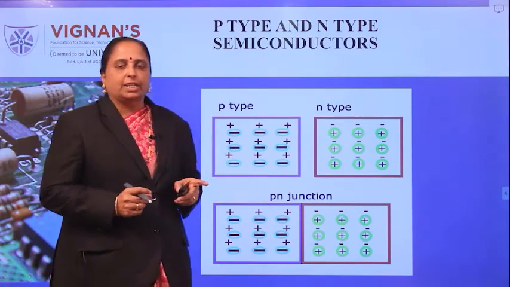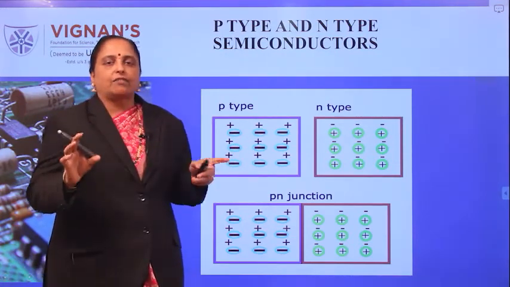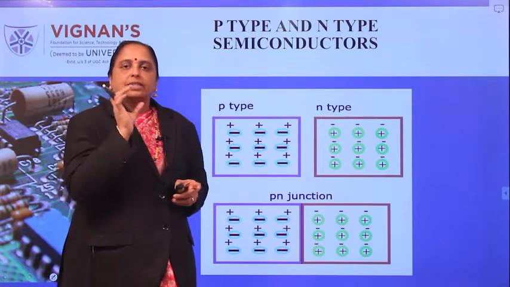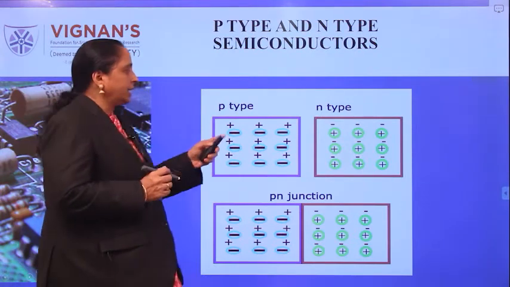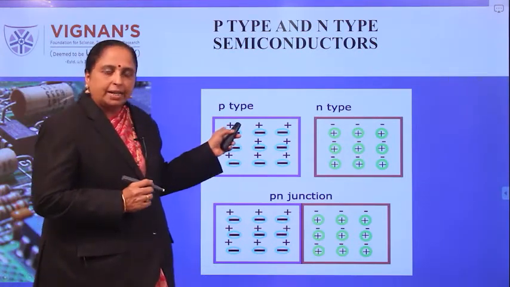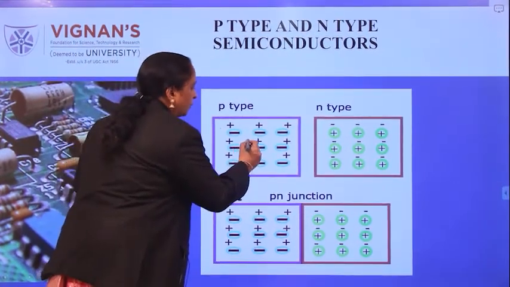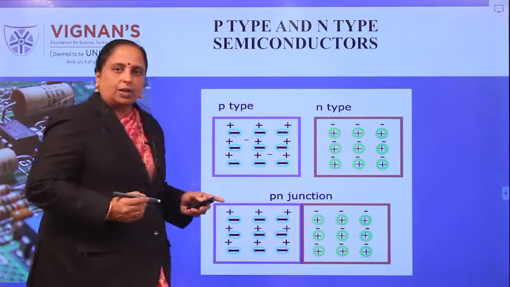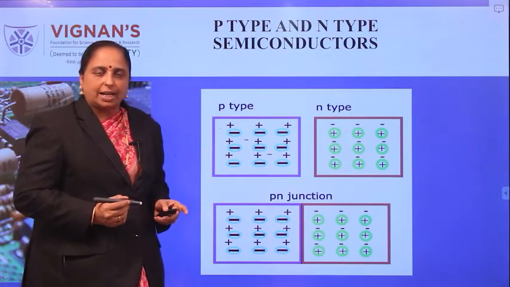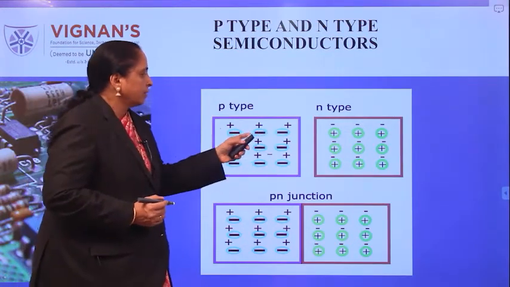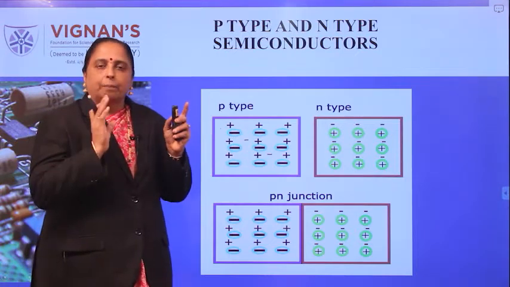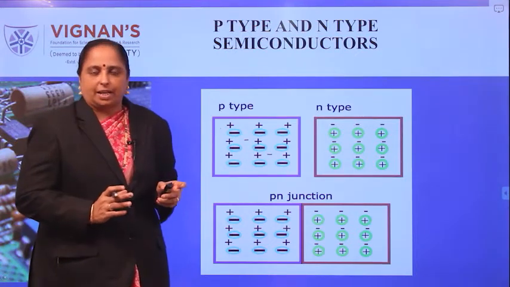So in the last class we discussed the details of the important charge carriers within the P material. See here P, this plus sign indicates the holes, positive charge carriers, and very few electrons are there. They are known as minority charge carriers, and ions. So like that, in every material there are three types of charge carriers.